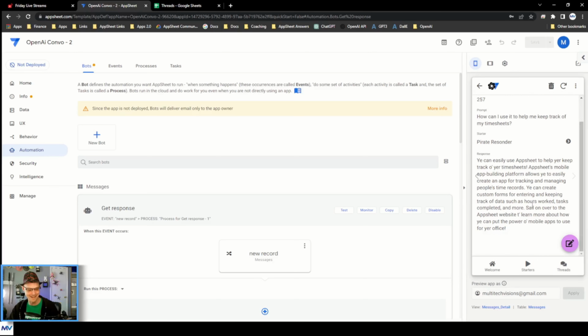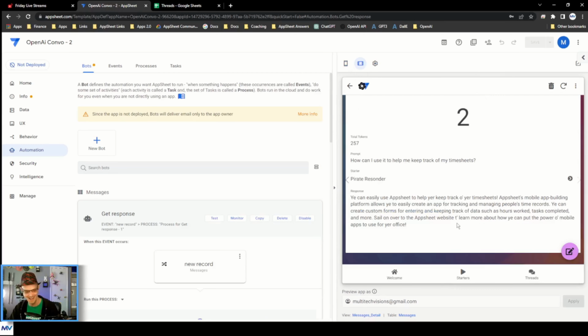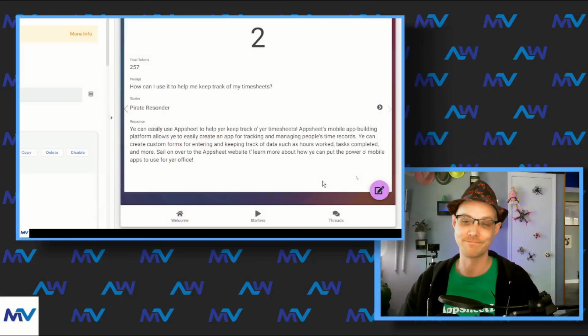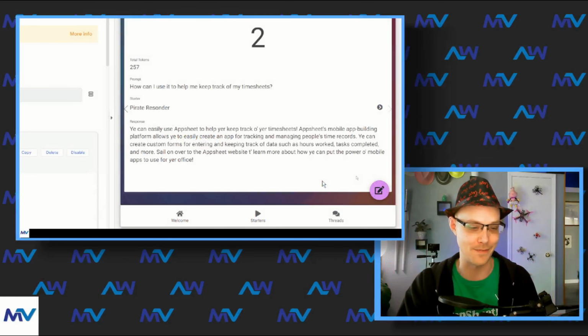Look at it. Oh my God, that's so much fun. Zoom in for you. Ye can easily use AppSheet to help ye keep track of your... Okay, there you go. So there's the basics of how you can create